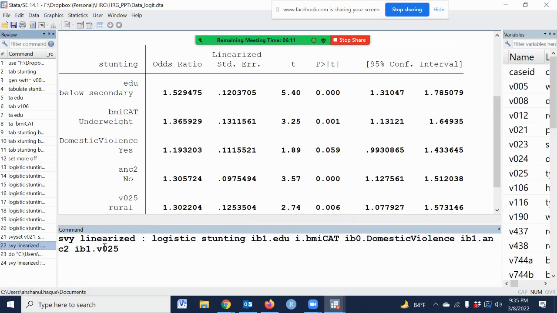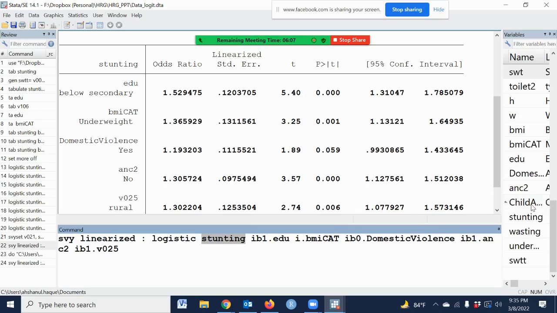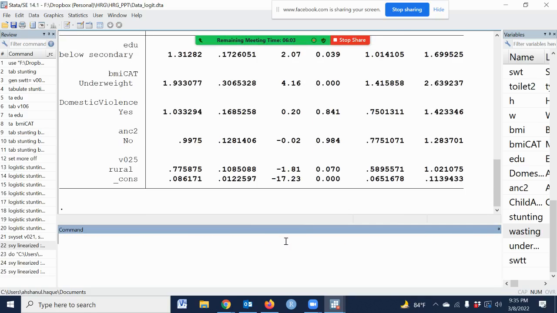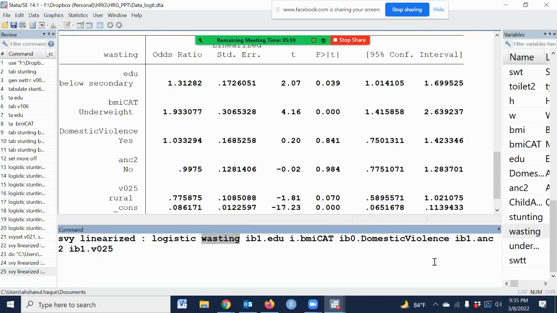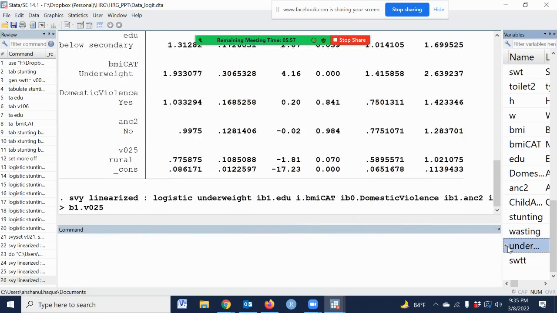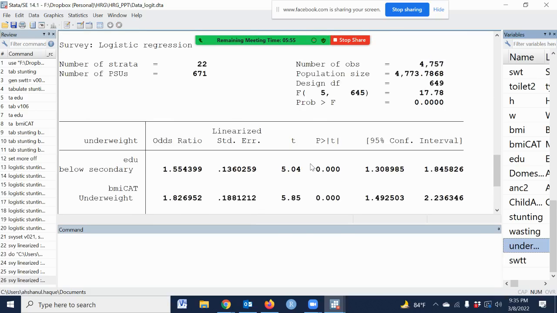And if we use another variable, stunting, this is stunting. If we use wasting, we just have to put wasting. This is the result from wasting. If we use underweight, this is the underweight analysis.